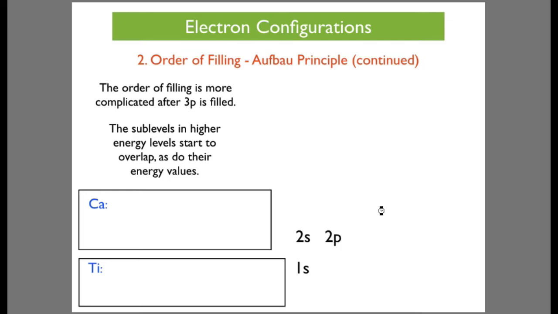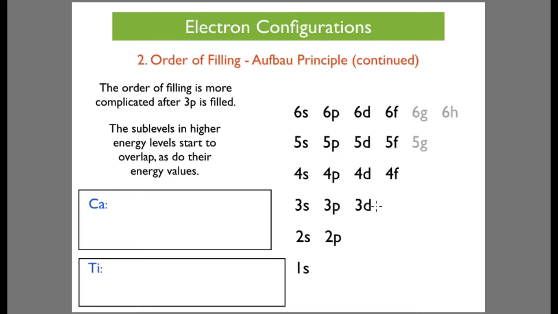Let's have a look at this. I'm just going to draw out all the levels and the sublevels. You can see I've included these ones here, which you needn't worry about. This is just where electrons can go when excited, when they're in an excited state. So how do we fill these